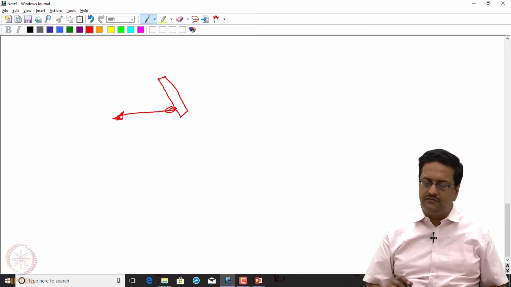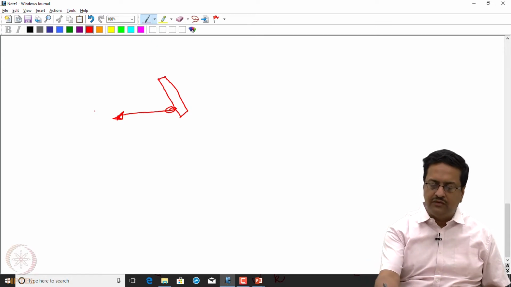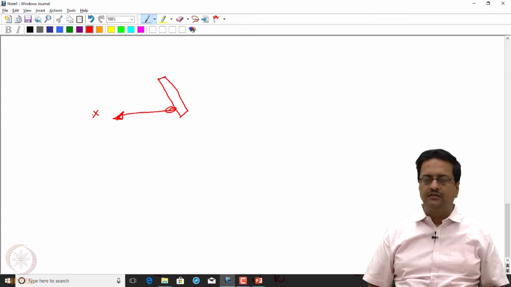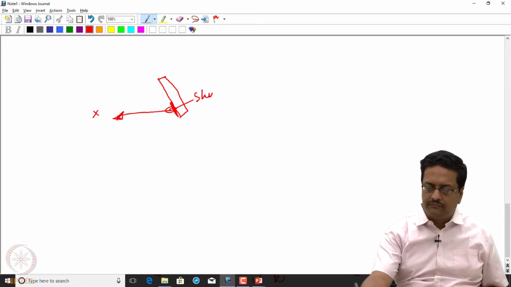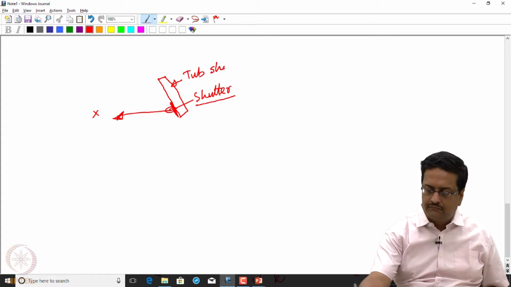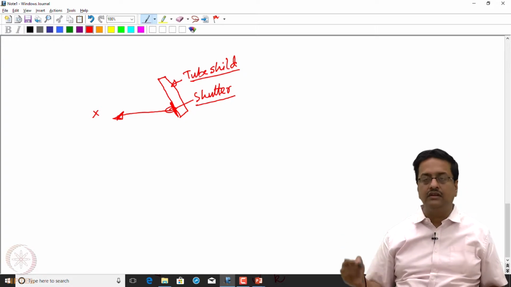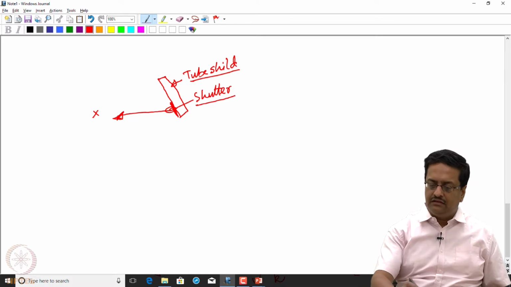So when the X-rays are generated, the X-ray beam directly comes out of the source, and when we are trying to align or mount the crystal, we don't want this beam to be inside the diffractometer chamber. So to stop that, what we have is a shutter mounted on the tube shield, which is here, to block the X-ray beam inside the tube only. So this is one main shutter that one operates during data collection. The main shutter opens and it allows the X-ray to come outside the tube, and then in the beam path